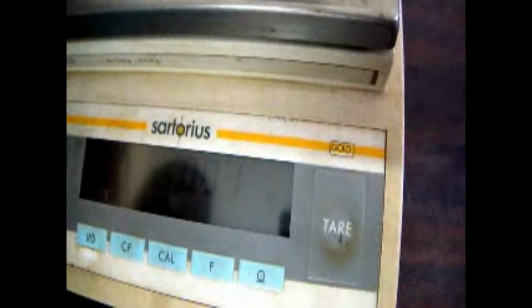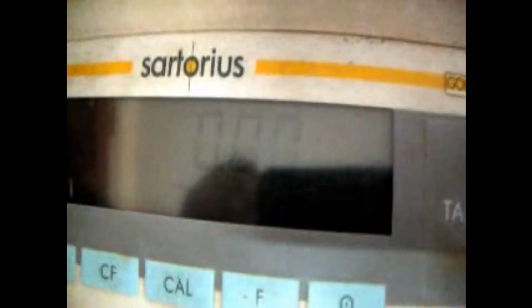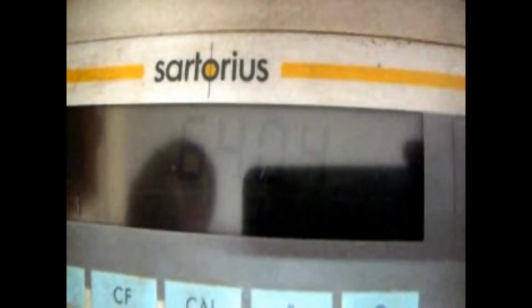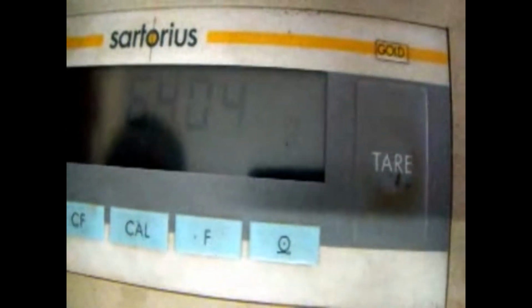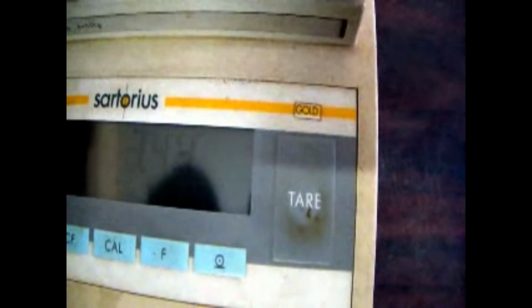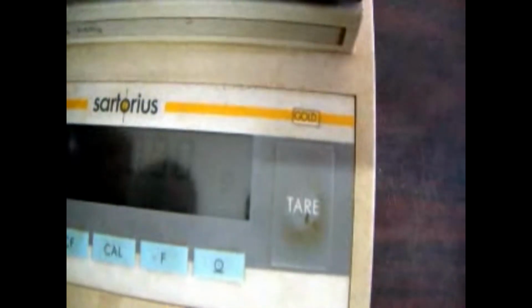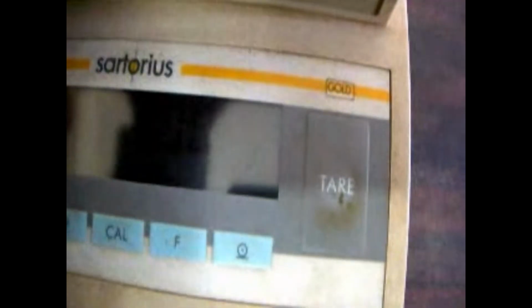Now the 45 centimeter sample, let me put here, this is 0.0 gram. So dry soil plus box is 64.04, and the box plus dry soil of 60 centimeter depth, let me check, it is